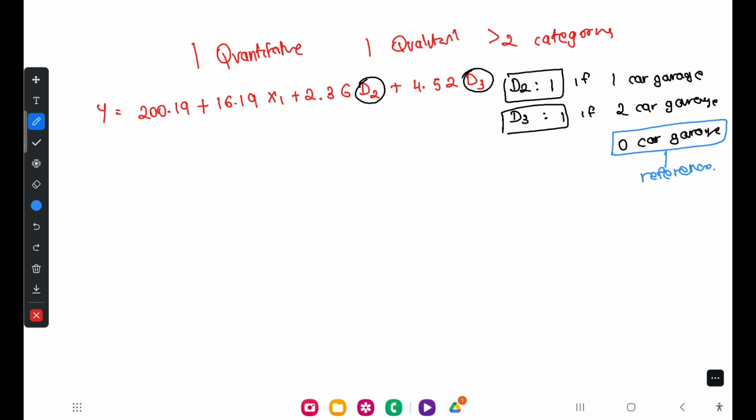Now, how do we interpret this 2.36? That's the question. Okay, so is this multiple linear regression? Yes, so we have to keep the other variables constant. So there are only two variables, that's the house size and the presence or absence of a car garage. So since we are talking about the car garage over here, we have to keep this constant. So holding house size constant,